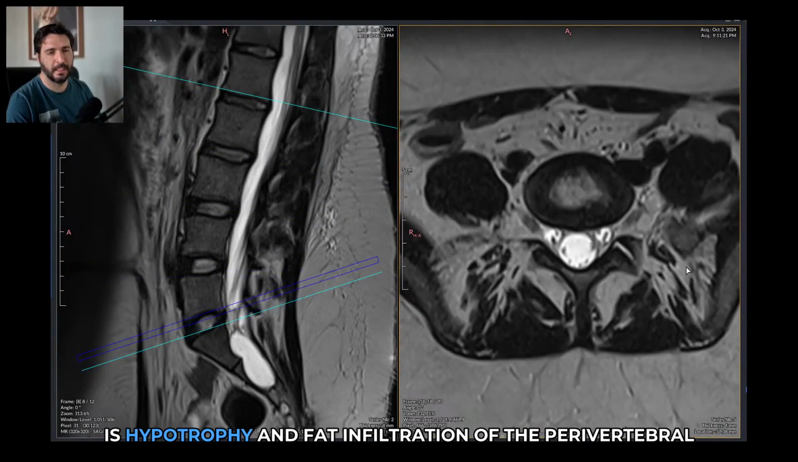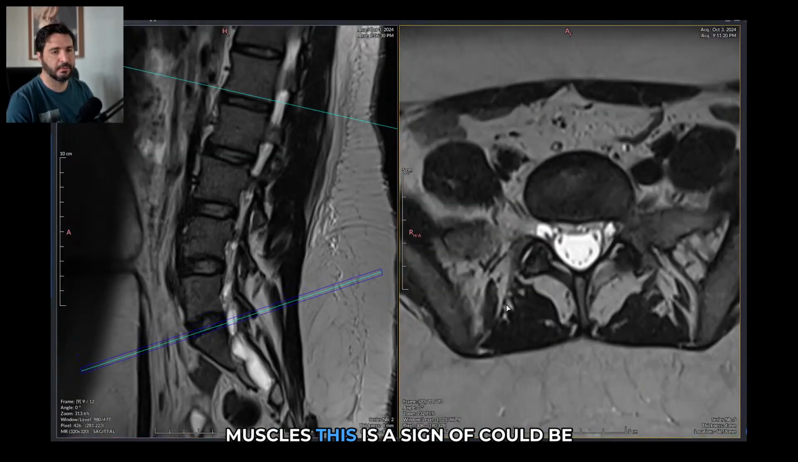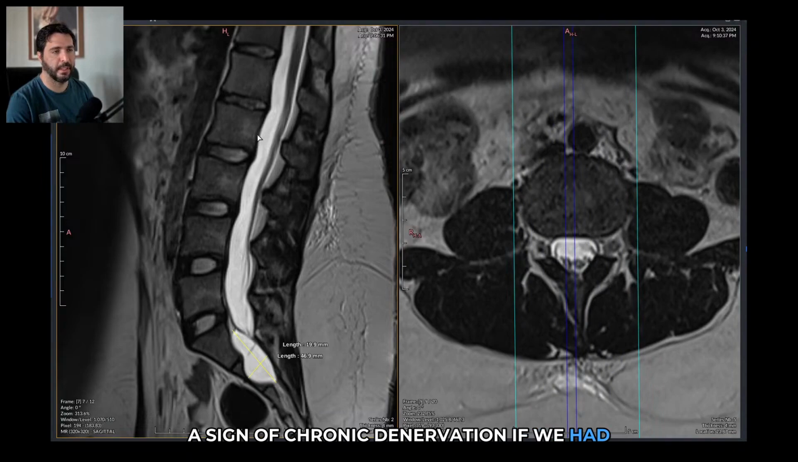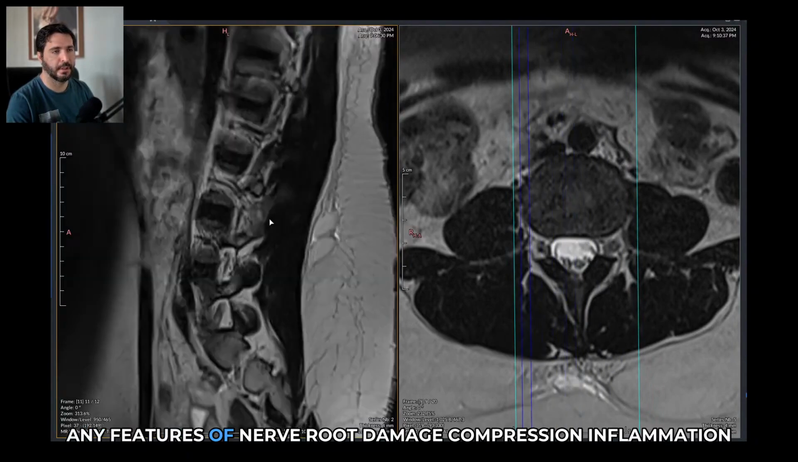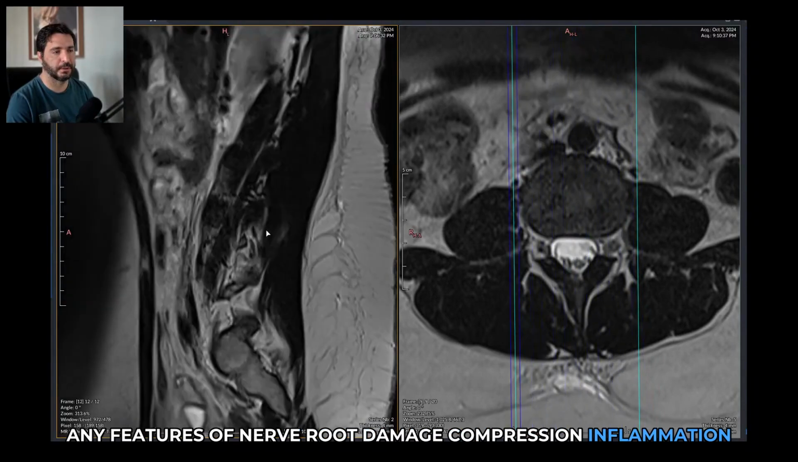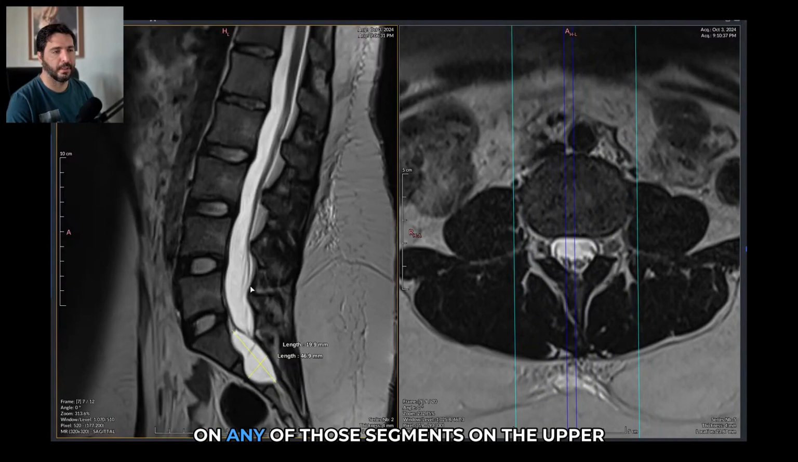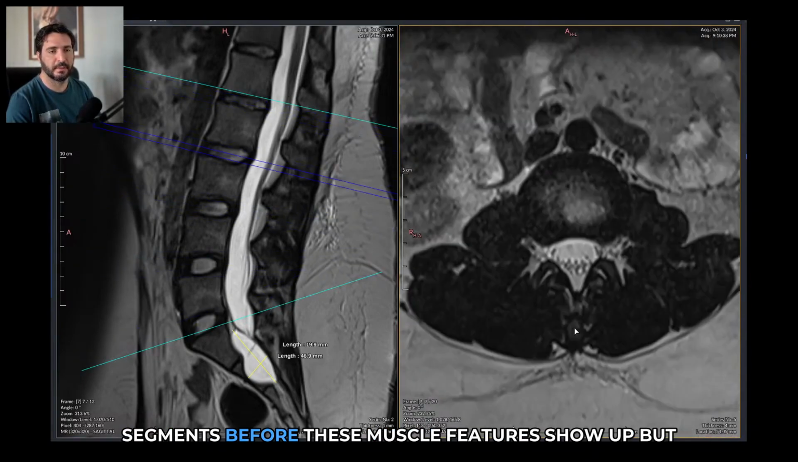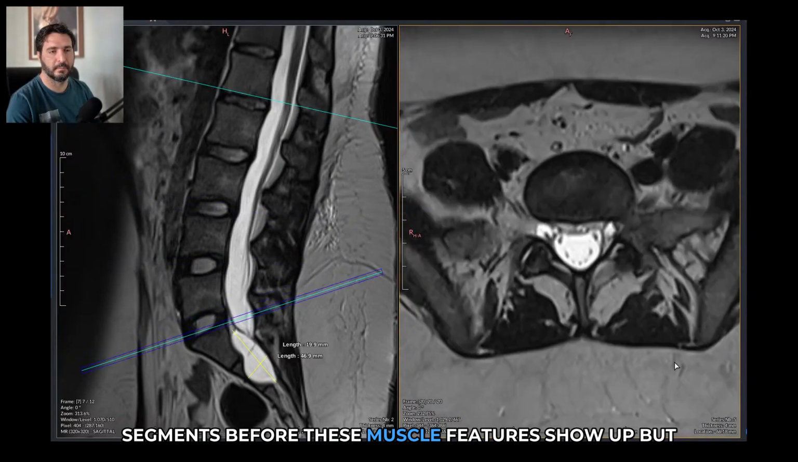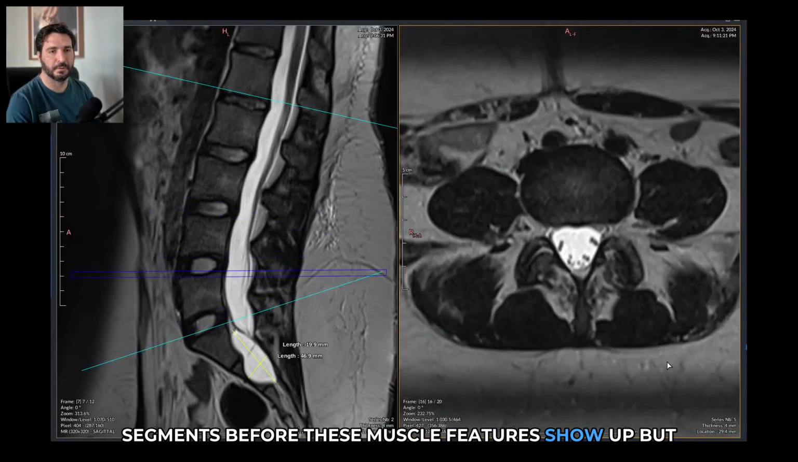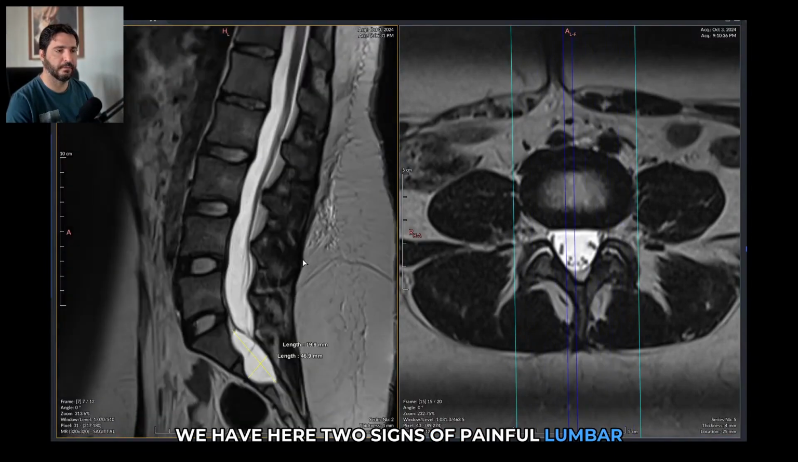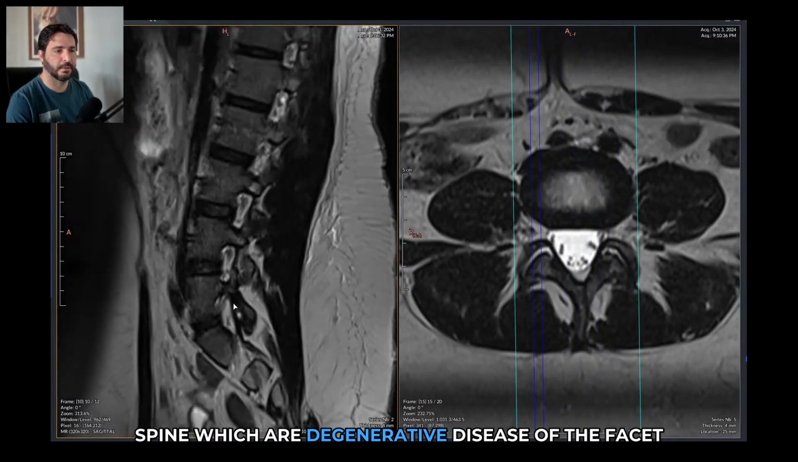So there is hypotrophy and fat infiltration of the perivertebral muscles. This could be a sign of chronic denervation if we had any features of nerve root damage, compression, or inflammation on any of those segments, on the upper segments, before these muscle features show up. But we have here two signs of painful lumbar spine, which are degenerative disease of the